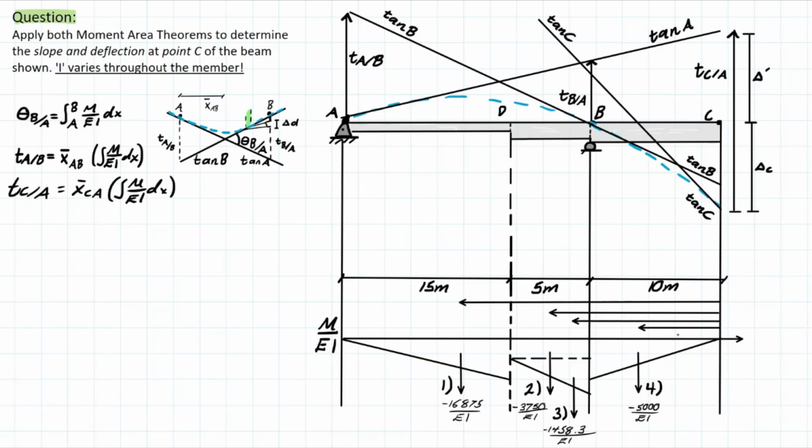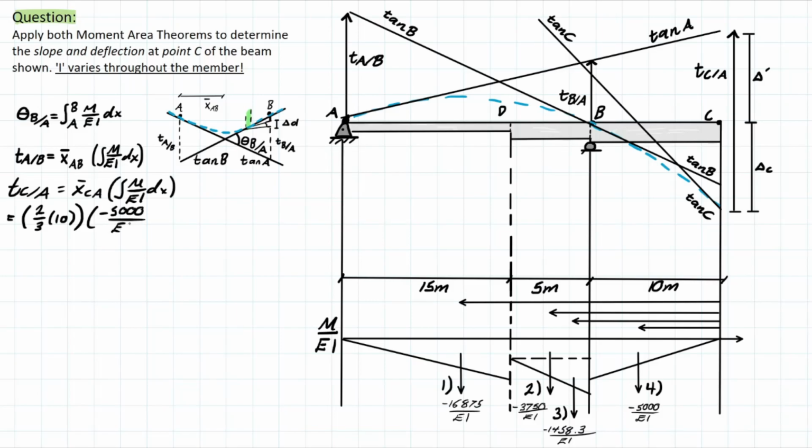So for this first segment, since we're starting from point C, we are first passing through segment 4. So what is this going to look like in our formula? The first thing we have is this value of 2 over 3 times 10. What is this? This is the length. So we have 10 meters between C to B, and we have the location of that resultant, which is 2 over 3 from that point C, since it's a triangular shape. And we're simply going to multiply that by the resultant of that M over EI diagram, which is negative 5,000